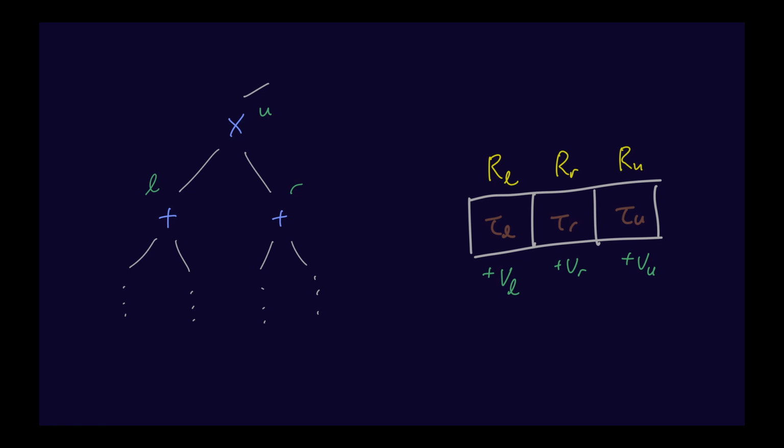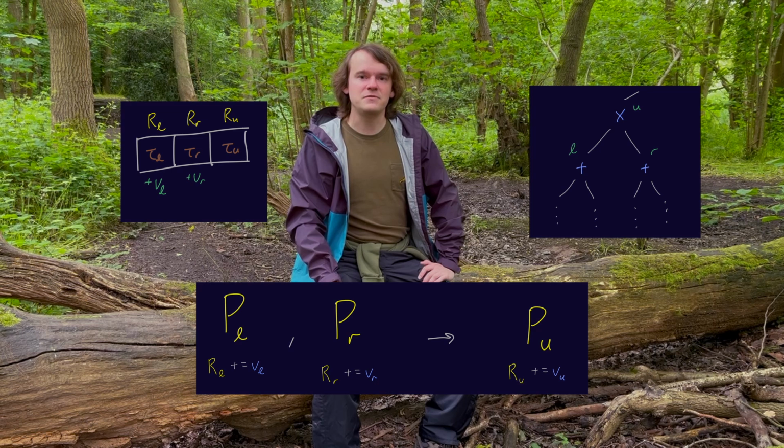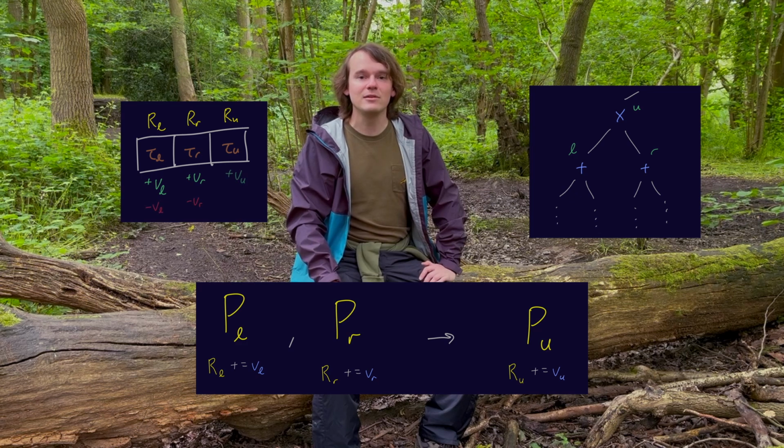Only now, instead of thinking of these registers as holding 0, we're going to assume that they already have some ring elements stored in them. We'll call them tau L, tau R, and tau U respectively. The question is, can we do this when the tau values aren't 0? Can we take a program PL, which adds VL to the register RL, which has some value tau L in it, and can we do the same with the program PR, adding VR to RR, which has tau R in it, and without ever directly looking at VL and VR, design a program PU, which computes the value VU and